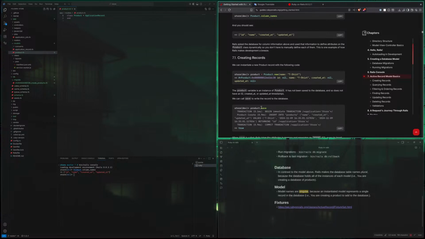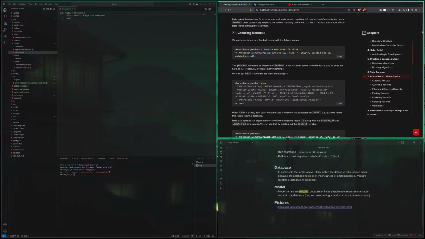Okay, let's see. So you basically create a new object that hasn't been saved. Where is the ID? Maybe the ID is generated in the database. Yeah, probably, of course.